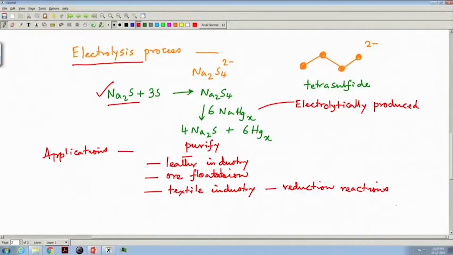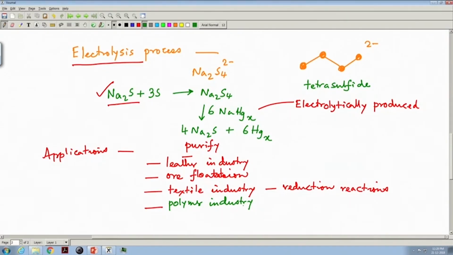Those reduction reactions can be useful for decolorization or the change in the color, or sometimes for achieving a particular color. And in the polymer industry also. So if you simply think that we can have your sodium tetrasulfide or sodium sulfide in your hand,